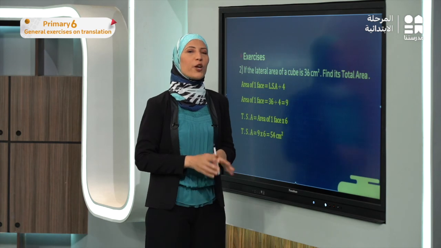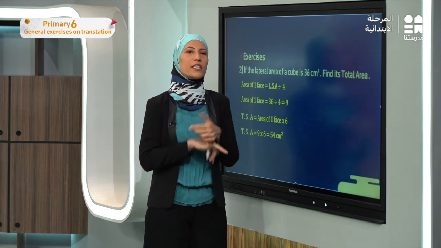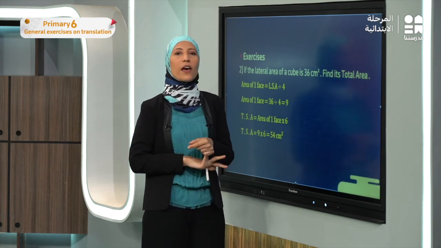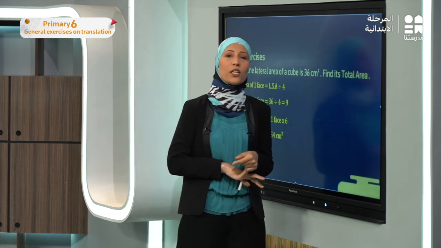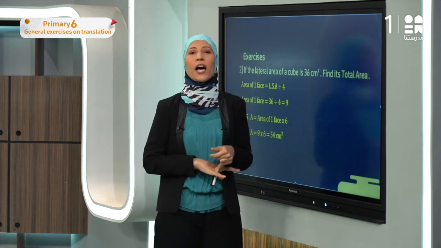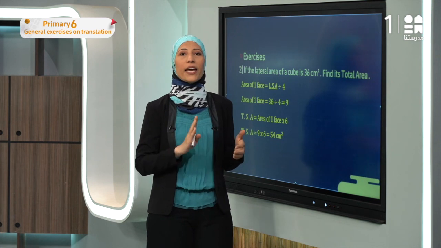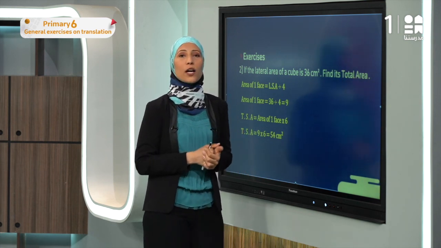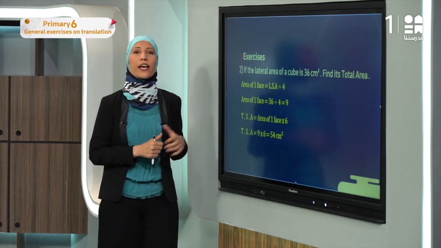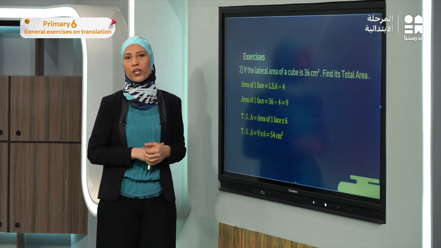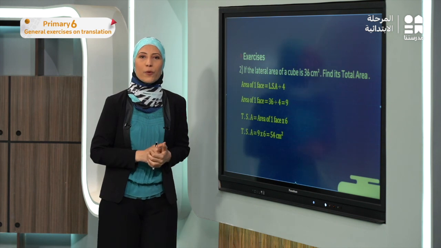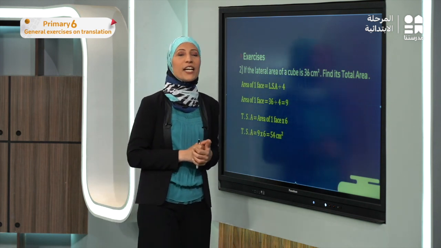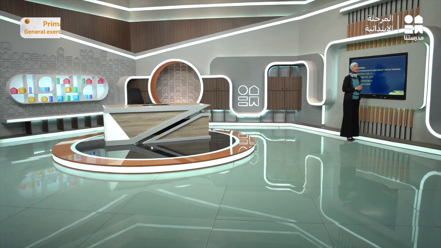By this point, we finished revising the distance between 2 points, how to find the image and the point and the translation, how we can find the area of the circle, and how we can find the radius from the circumference. We answered a lot of exercises on the lateral surface area and total surface area of the cube and cuboid. I hope you understand every part we already explained here, and I wish to see you fine next